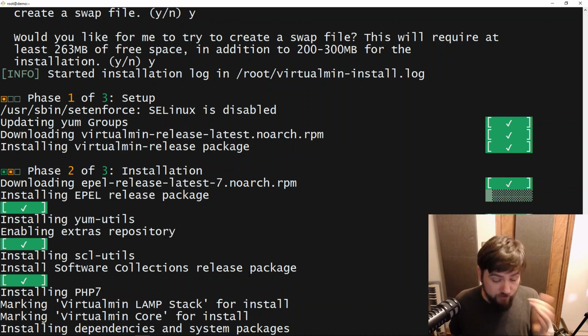And at this stage, we're installing all the dependencies and system packages. And we do that on Yum-based systems on CentOS by using a Yum group that we provide from our repository. And we actually have a LAMP stack and then the Virtualmin core